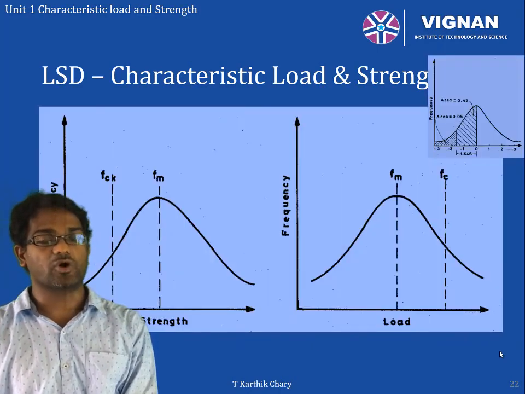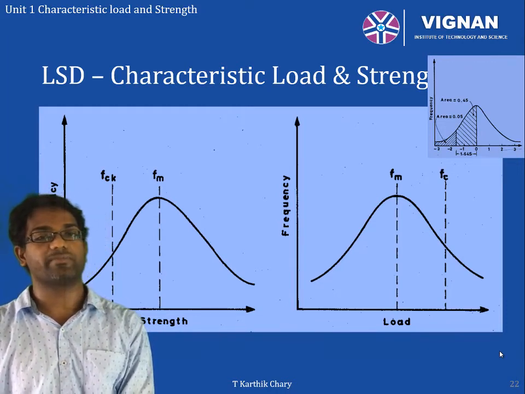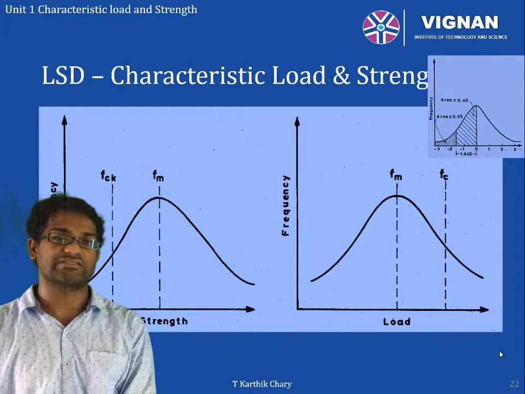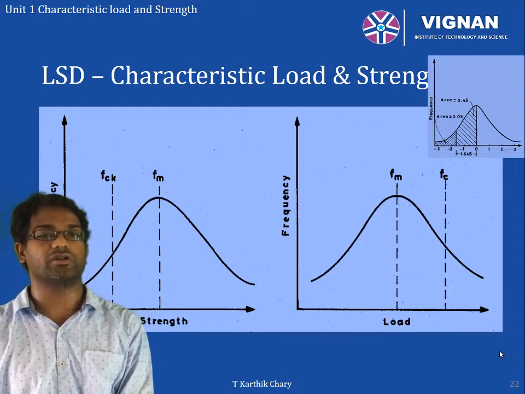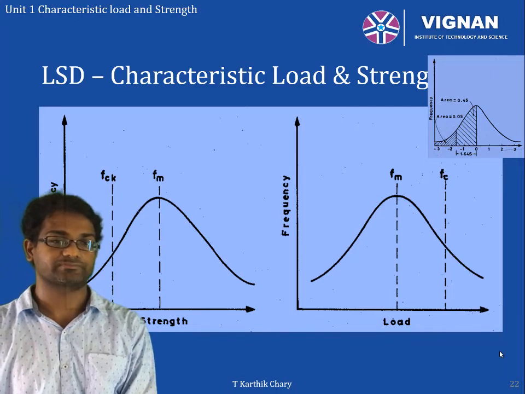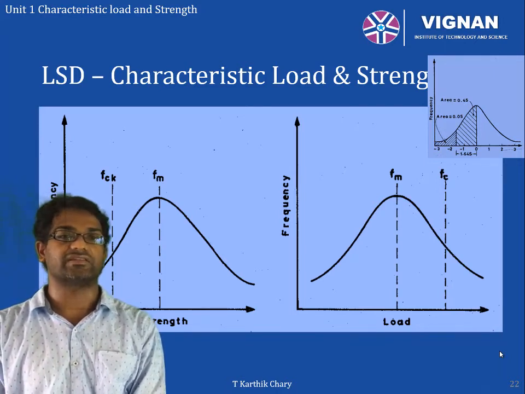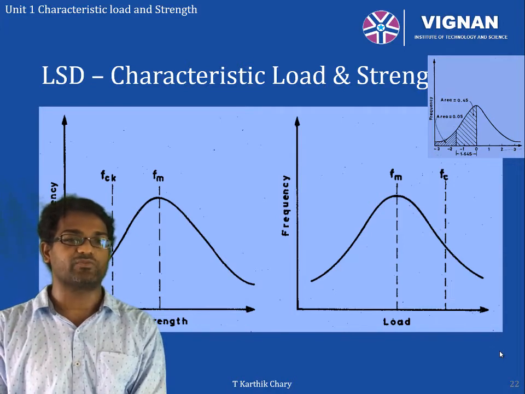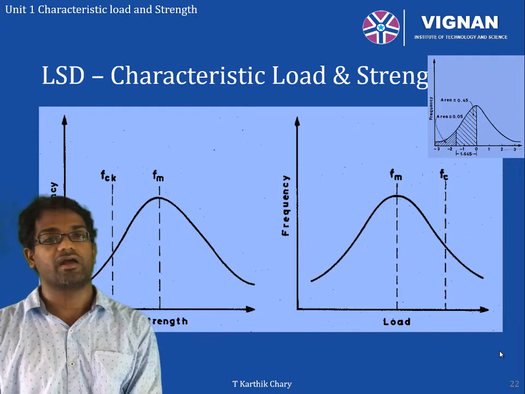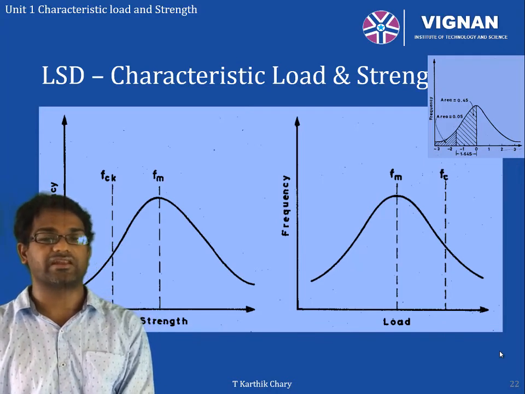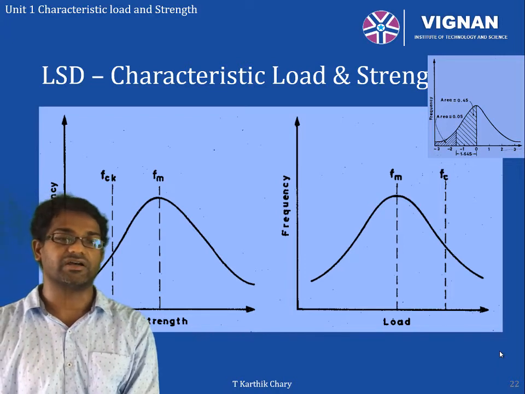So when we are talking about fitting the probabilistic curve, we happen to have two parameters for our design. One is the strength of the material. The second is the load for which the structure is designed. Strength is always taken towards the left-hand side, which is negative, which means we are decreasing the value, and the load is always on the right side, which means we are increasing the value. So you can see that figure.